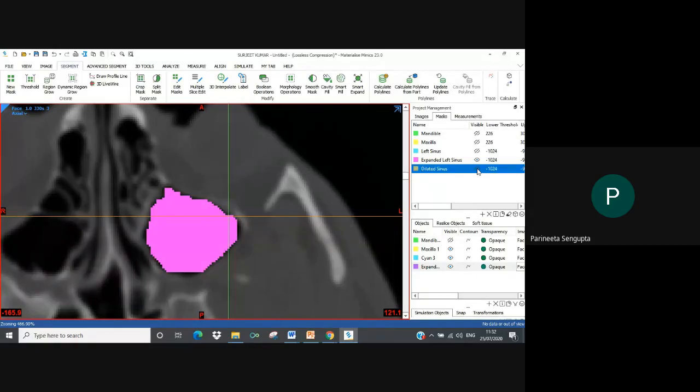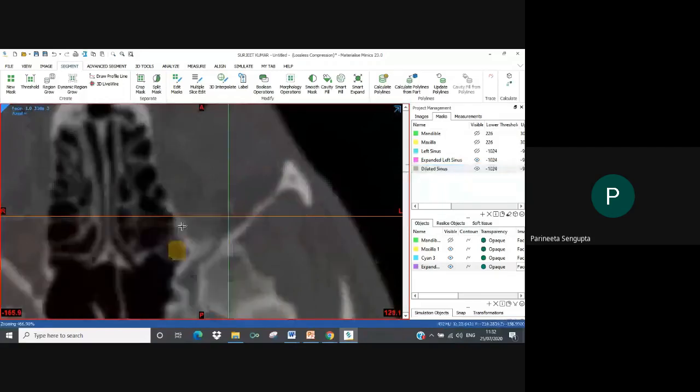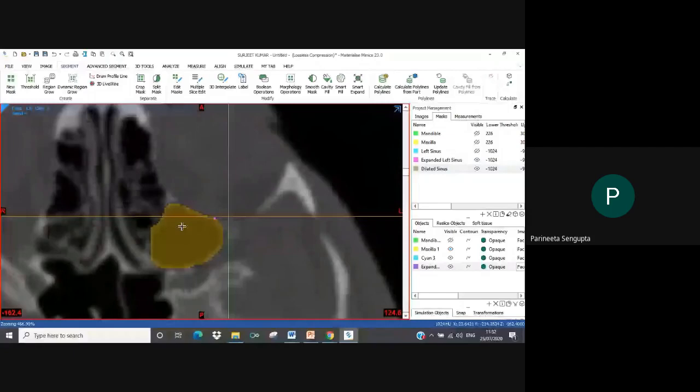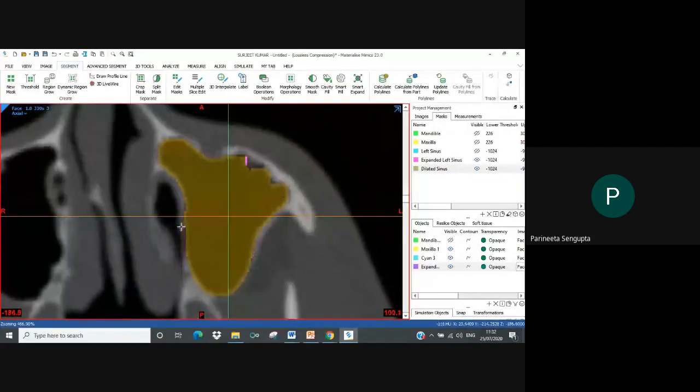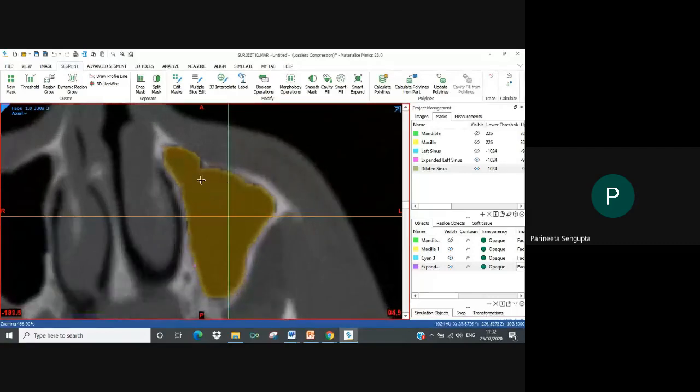So again, in the expanded left sinus mask, if you see, there were certain borders still left to encompass. But when you've done dilation, it has taken the mask perfectly well. So as you can see, for one operation, you will have multiple options. You will have to choose the best fit according to your requirement.